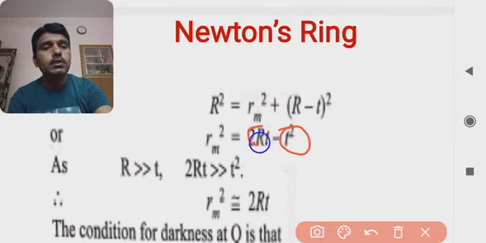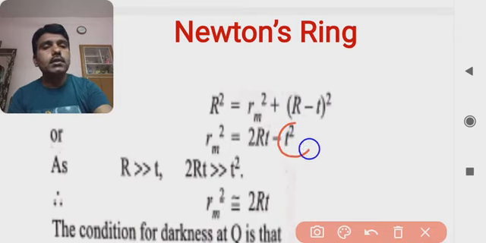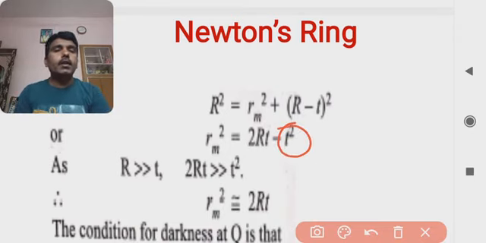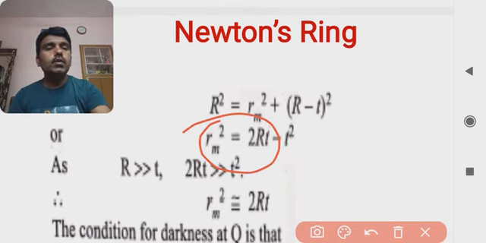the R square, radius of curvature, this t square, the air film, has a very, very small or negligible value, and due to that this t square is neglected. Since it is very small, we consider it negligibly 0 and neglect it. So the remaining value is now r_m square is equal to 2Rt. So this is the case where the